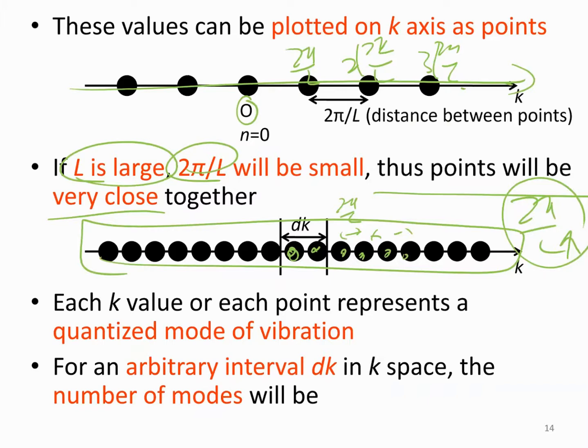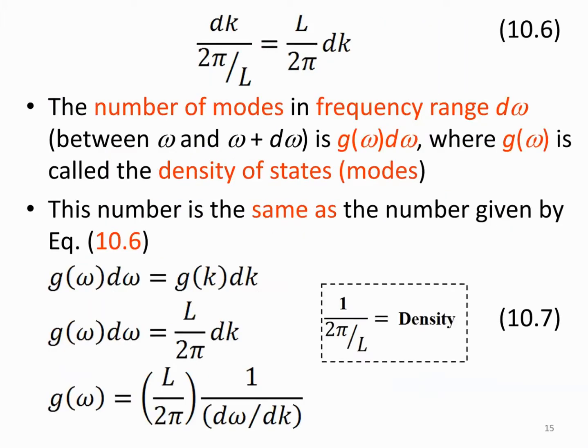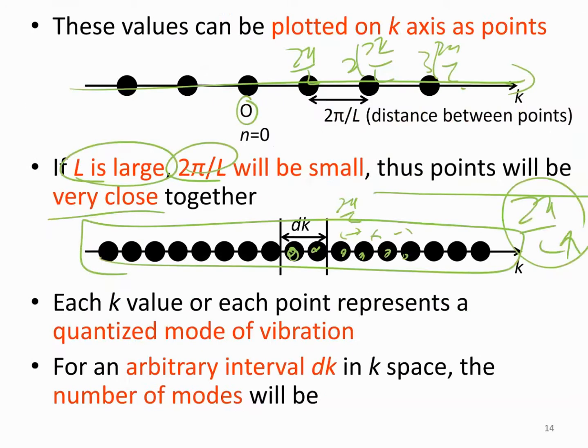Okay, so for an arbitrary interval dk in the k space, the number of modes will be dk over 2π over L, which equals L over 2π times dk. What do I mean? Okay, remember I said